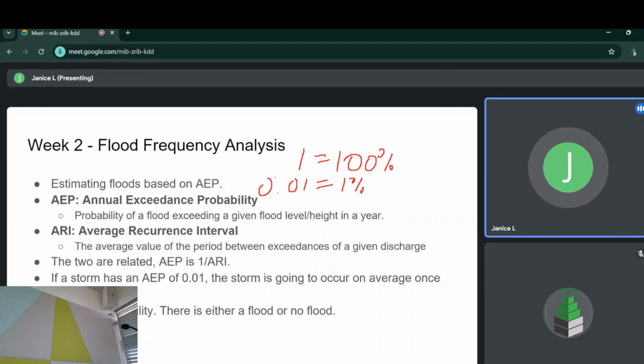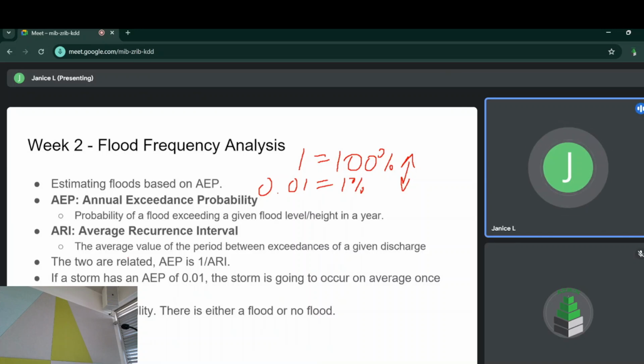And then I'm sure you guys can interpolate, well, what is the range between the two? Just like that. Then, on the other hand, you've got ARI. That is average reoccurrence interval. That is the average value of a period between exceedances of a given discharge. So that just means, between a flood where it's going to reach 1 meter in flood